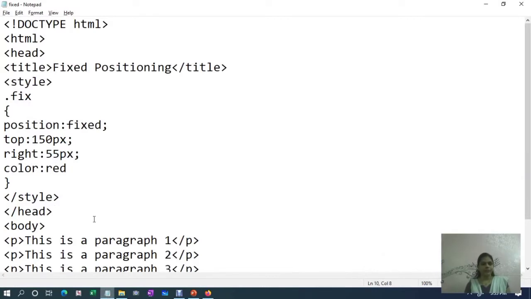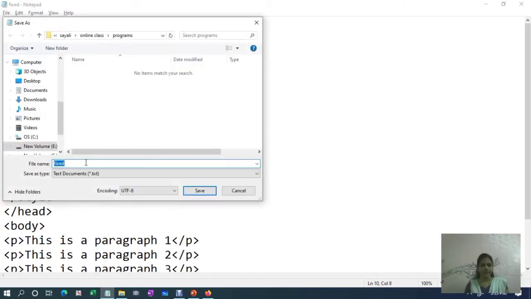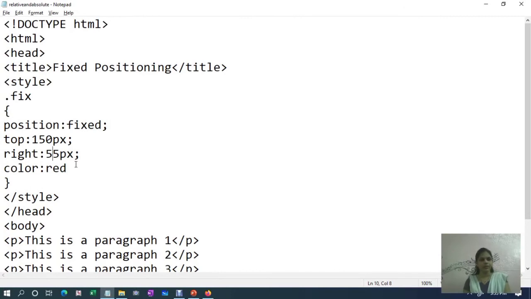For that, again we will save this program. Suppose save as, and now relative and absolute. So relative and absolute dot html. You can give any meaningful name to it.